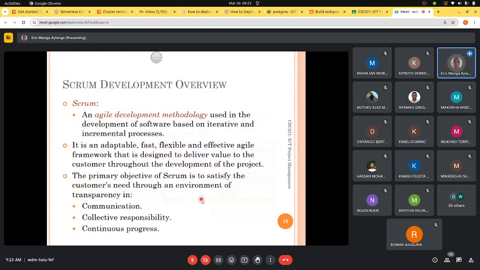I think we talked about this, where we said Scrum is an agile development methodology, and we've seen that we have other methodologies used in the development of software based on iterative and incremental processes. Iterative, you keep repeating, and incremental, you are building one component after the other one is finished. So it is an adaptable, fast, flexible, and effective agile framework that is designed to deliver value to the customer